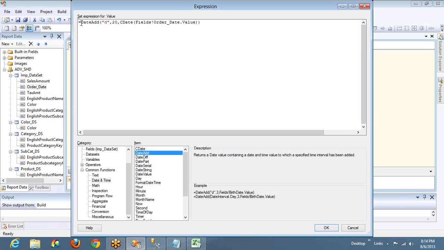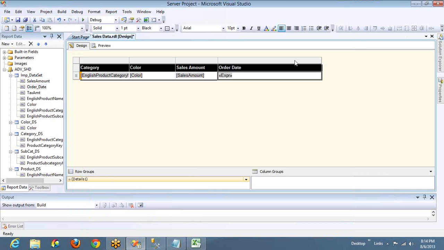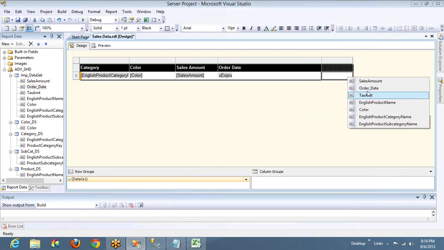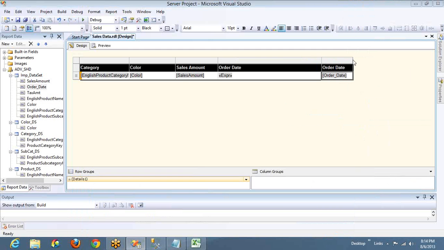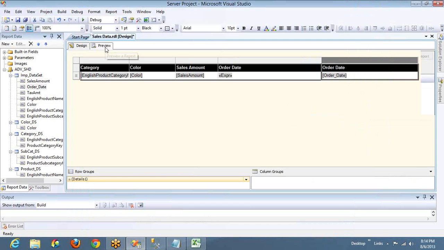I'm giving the function DATEADD, d, comma 20, comma order date. So what it will do is, as Kranti said, it will add 20 days to the order date. Let me show you. Let me check the same. And to compare, I need to have order date also, right? So I'm taking order date here into this, and let's see whether it adds 20 days to the order date